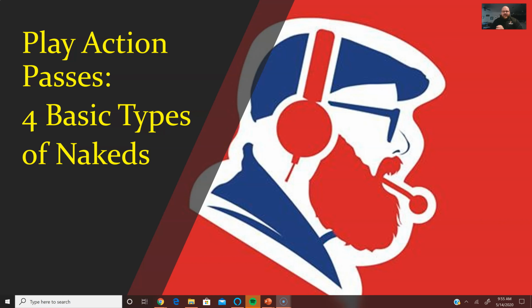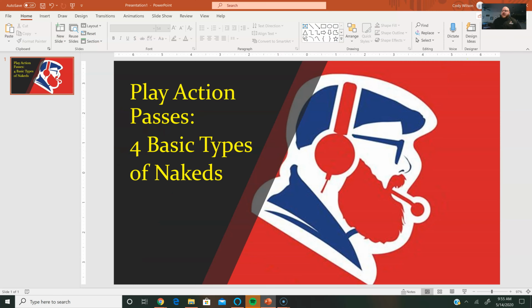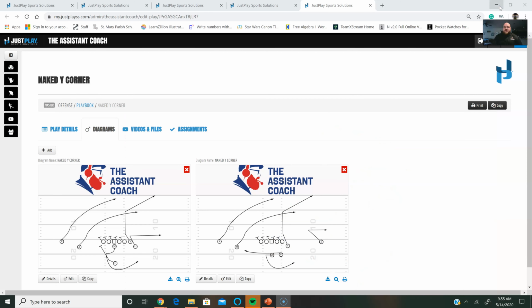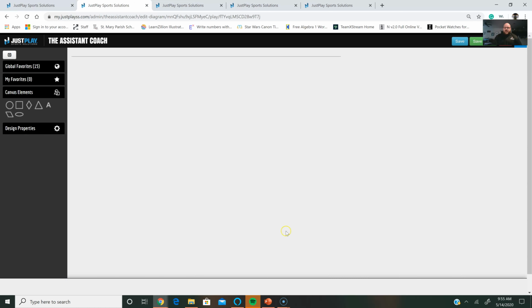So that's why I've not been as active, but today I wanted to talk to you about play action passes and the four basic types of naked. For me, I put nakeds in the realm of play action passes, and there are four basic types. These basic types I learned when I was working at junior college back in 2013. Nakeds were our base form of play actions, and the base form is one that we probably are all familiar with,